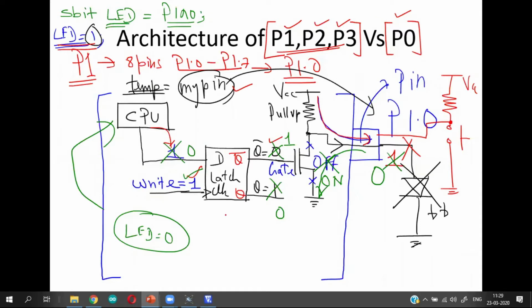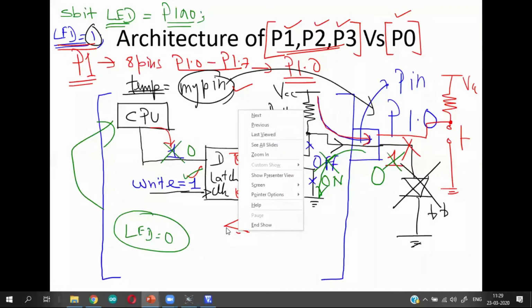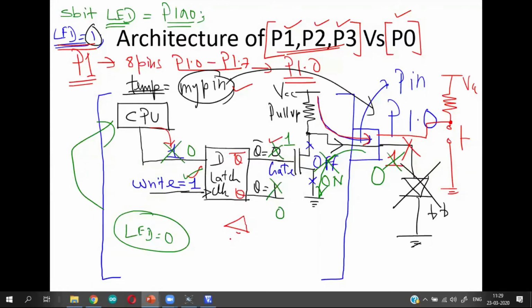Now what is the architecture? You have a buffer circuit like this. The input of this buffer circuit goes to the input of the pin.